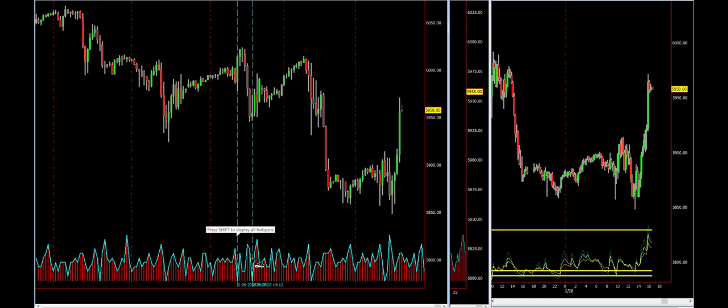Next one is right here. So you can see all the tops and bottoms and tops and bottoms are going to be in this area right here. Now, how are you going to take advantage of this?